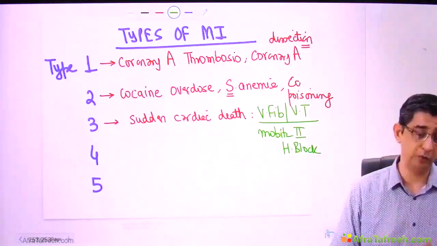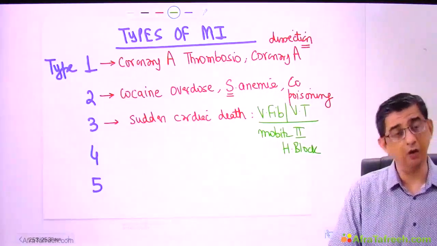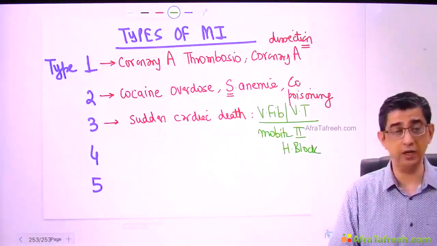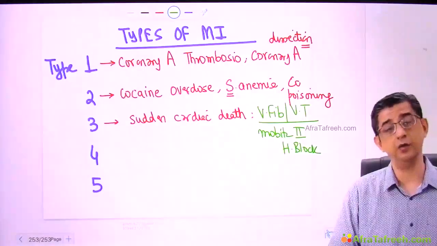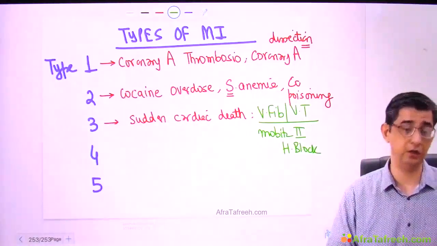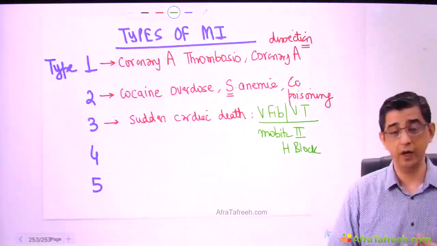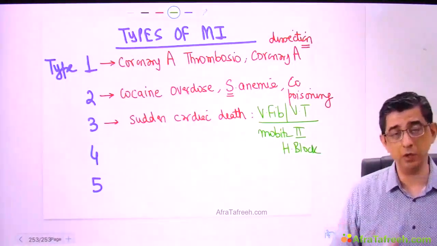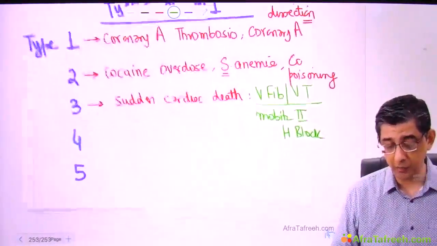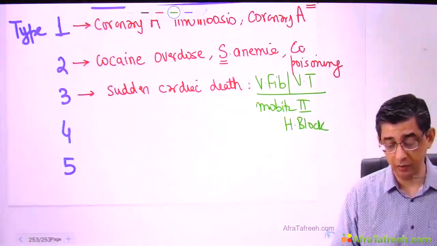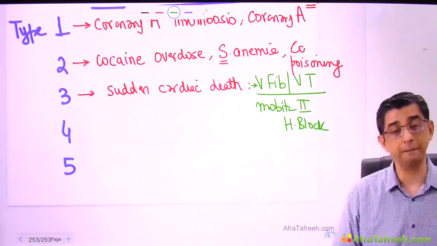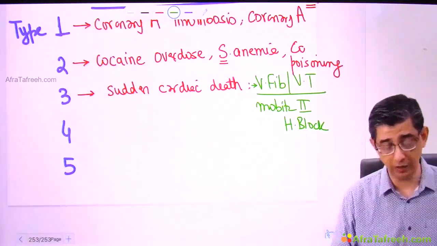So the patient came to the hospital, a blood sample was already drawn for biomarkers, the ECG was already done, and then he simply collapsed. I had allocated a bed for the person, and suddenly I found the daughter of this old man started crying. I just got up from my chair, went to the bedside, and the patient was gone. I tried giving CPR, but I lost the patient. By the time I could even introduce a defibrillator, before I could evaluate why this patient suddenly collapsed, the person had expired. That is type 3 MI.